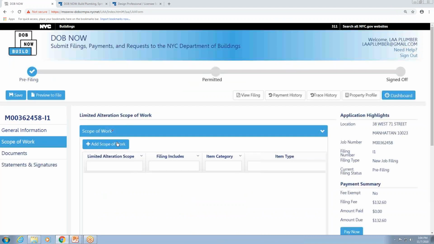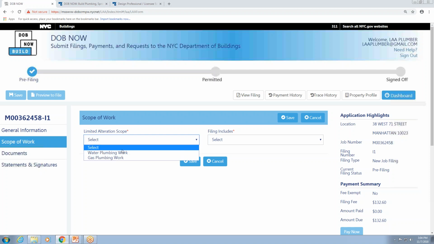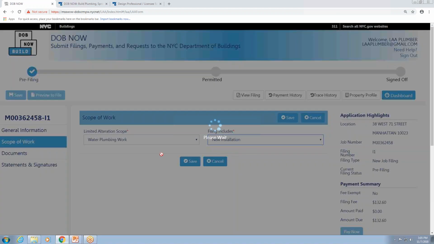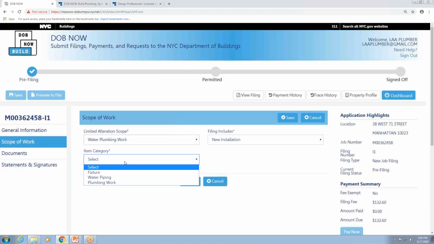On the Scope of Work tab, if I click Add Scope of Work, I'm going to see the type of work associated with the license type. So my license type was Master Plumber, so the limited alteration scope is confined to plumbing work. I can select water plumbing work and gas plumbing work. And if I select water plumbing work, for example, new installation, I'll see